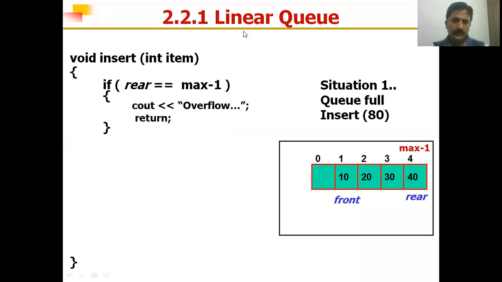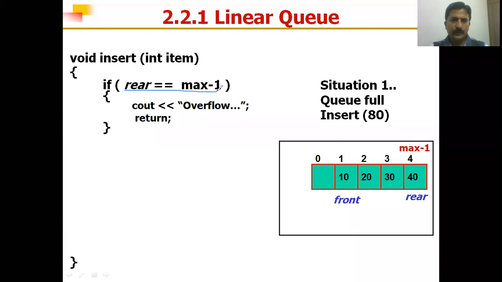So what is the condition? You are checking, is rear equal to max -1? Yes, rear value and max -1 value both are the same. So condition is true. So you will get the message overflow. You get the overflow message. Next, this situation is handled correctly in this code. So next,